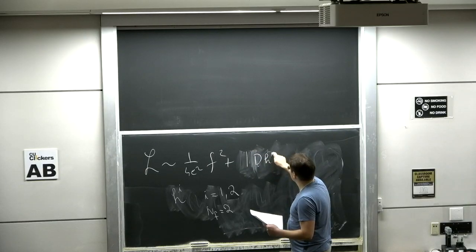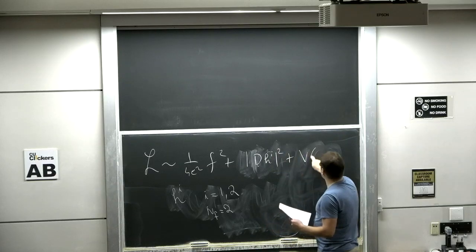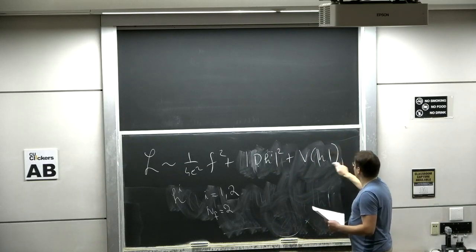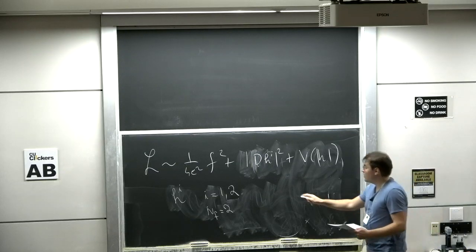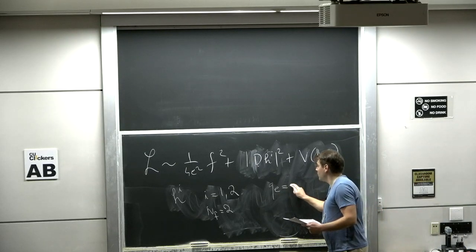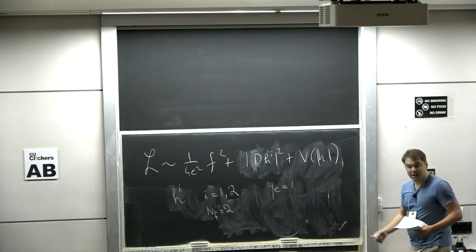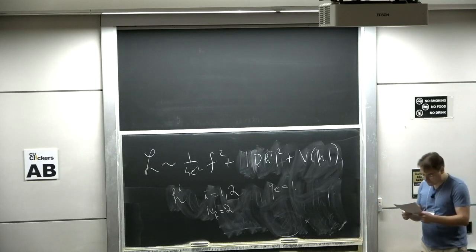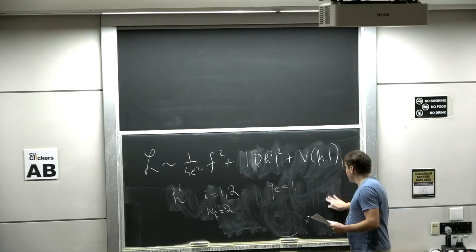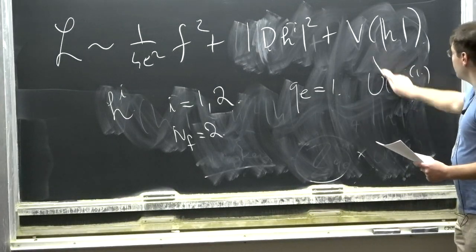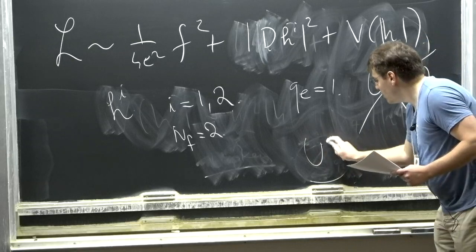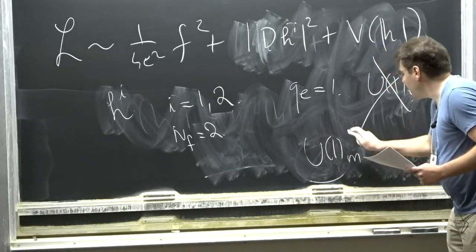Well, since I'm writing it schematically, it's not so hard to put it back. And I'm assuming here that these have electric charge 1. So I'm no longer discussing the more general case of arbitrary electric charge. So this system does not have a one-form symmetry. The U(1) electric one-form symmetry in Maxwell theory is gone, but the Bianchi identity still holds, and we have the U(1) magnetic.